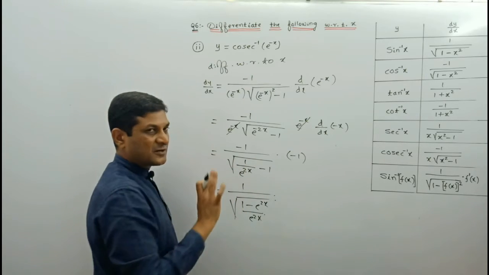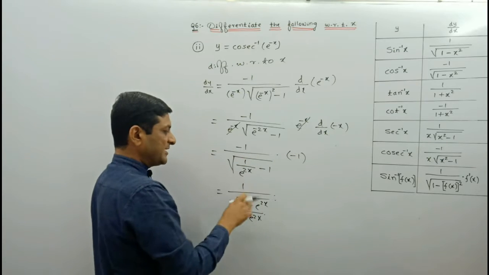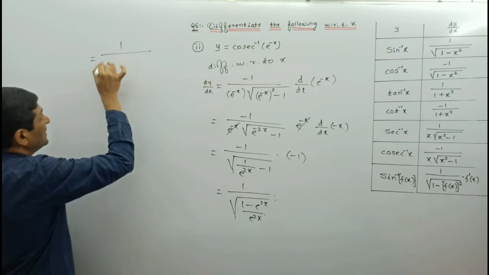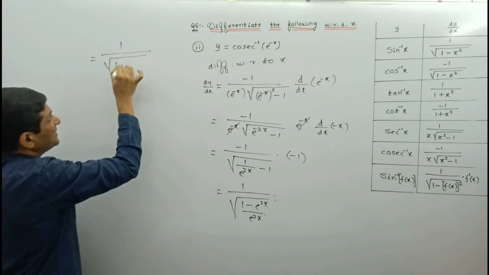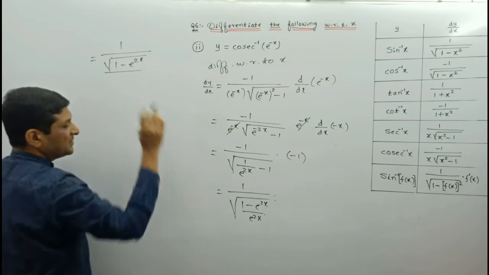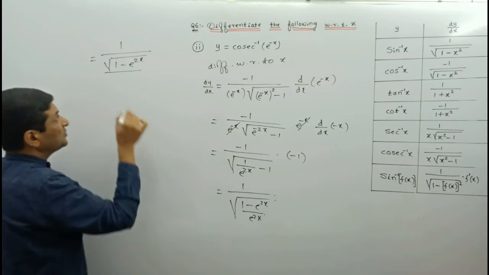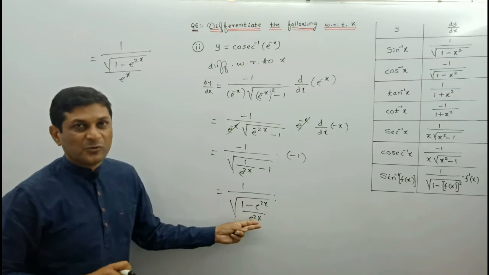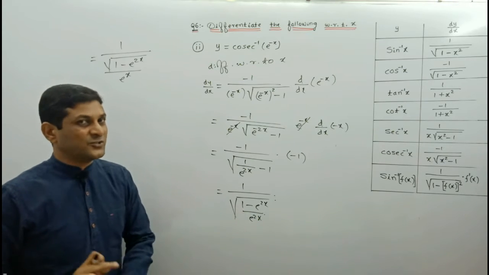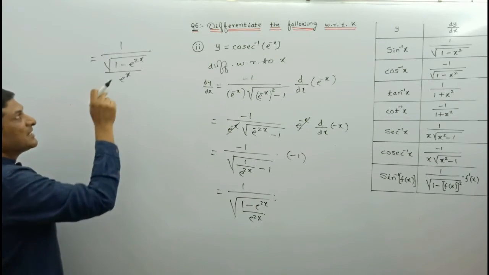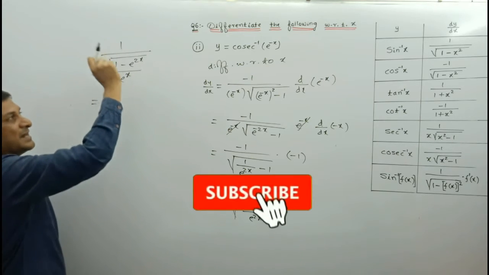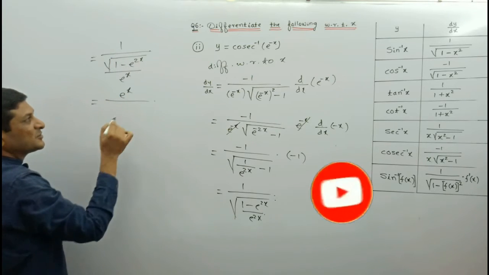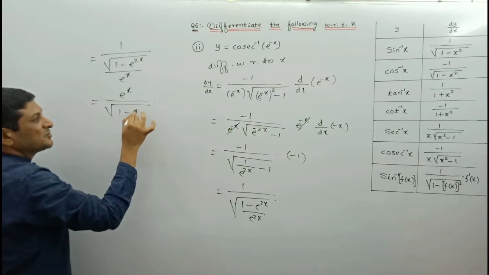We have simply taken cross multiplication here, and minus 1 into minus 1 will become plus 1. Now let us simplify it, so which will be equal to 1 upon under root 1 minus e raised to power 2x, keep it as it is. If we take e raised to power 2x outside the root, it will become e raised to power x, isn't it? The square will get cancelled if we take this term outside the square root. Now it can be written as this term divided by 1. If we take multiplication, we are able to shift e raised to power x into the numerator. So e raised to power x divided by 1 minus e raised to power 2x.